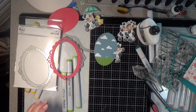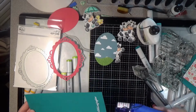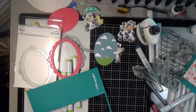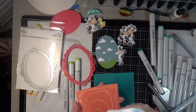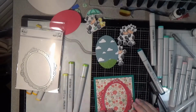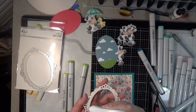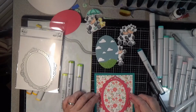Wow, I just realized what a terrible shot of my desk this is. This is my filming area, and I'm sorry that it's a little bit low light, but I was filming on a rainy day, and so I was not getting any light in through my window. But man, that's a mess. But that happens every time I make a project. By the time the project is done, I am working on maybe an 8 by 8 area is all I've got left. I'm a messy crafter, I guess, but I just always seem to be down to this little bitty spot by the time that I'm done. Anyway,